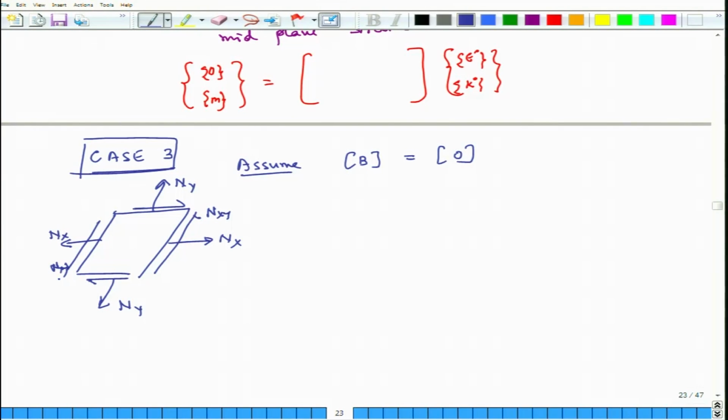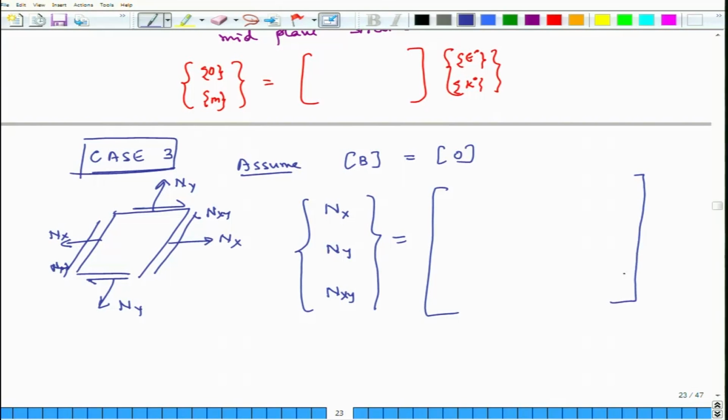If B is 0, then the plate will not have any mid-plane curvatures, because the coupling matrix is 0. But let us look at the equations. The equation will be Nx, Ny, Nxy, equals